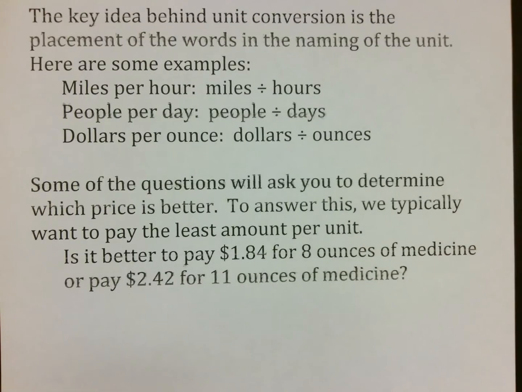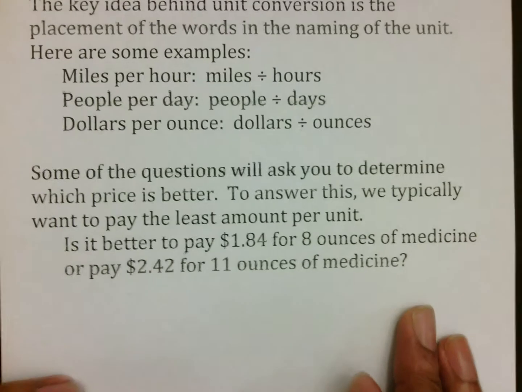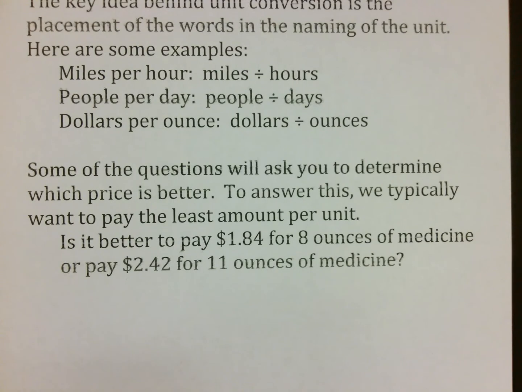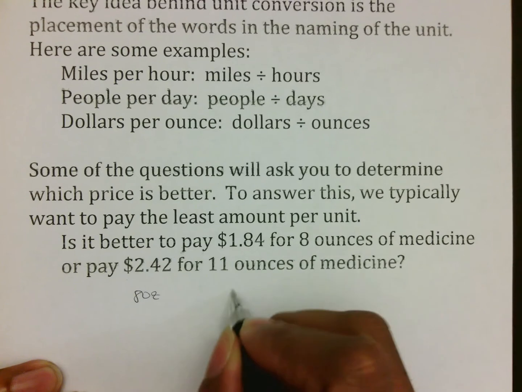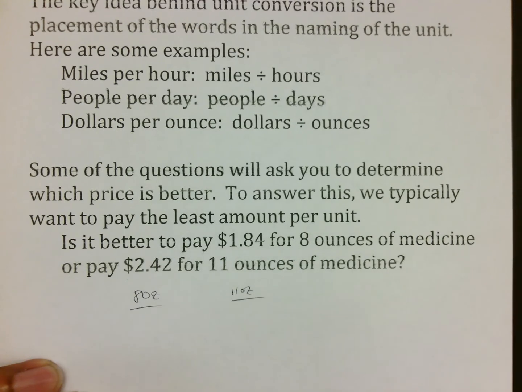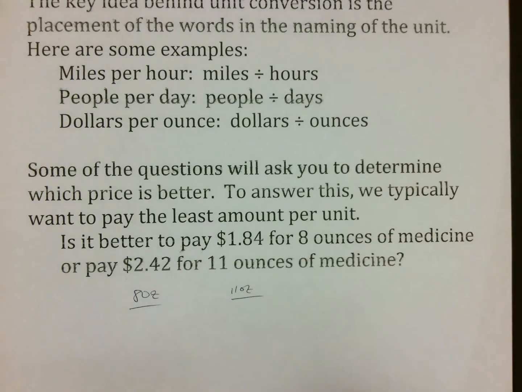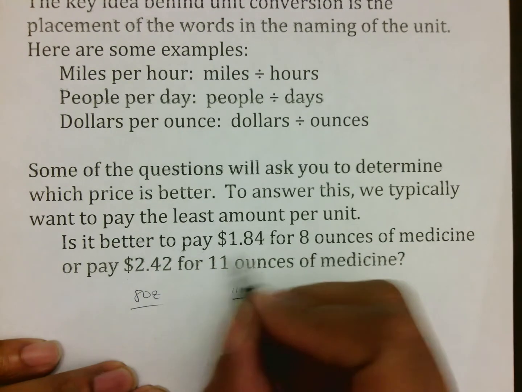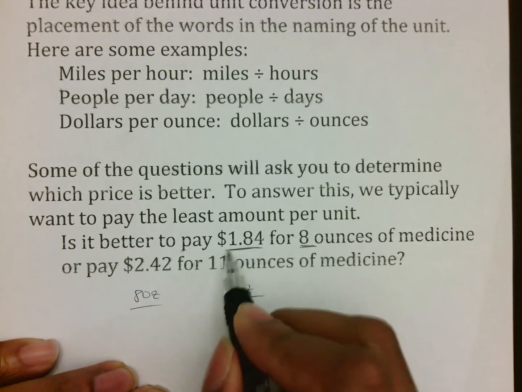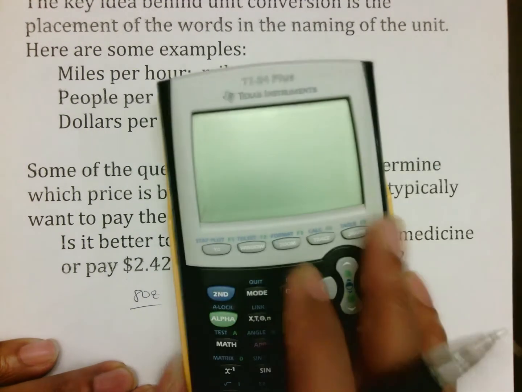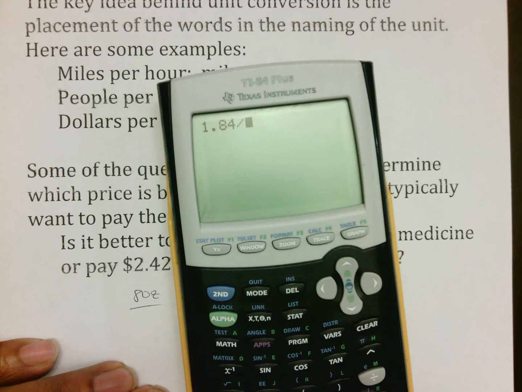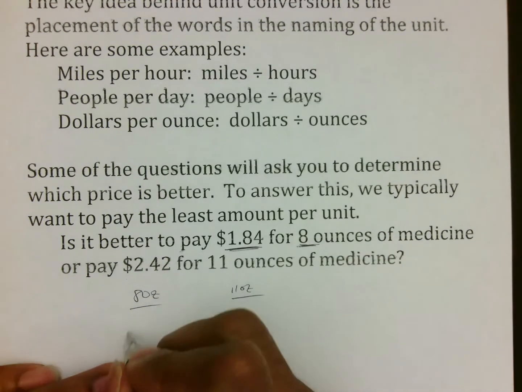Some of the questions are going to ask you to determine which price is better. To answer this, we typically want to pay the least amount per unit. So in a question like this, is it better to pay $1.84 for 8 ounces of medicine or $2.42 for 11 ounces of medicine? So what I would do here is take 8 ounces, 11 ounces, and determine the unit price. The unit price itself is based off of dollars per ounce, because you have number of dollars divided by number of ounces. I would do 184 divided by 8 and get the answer of 23 cents